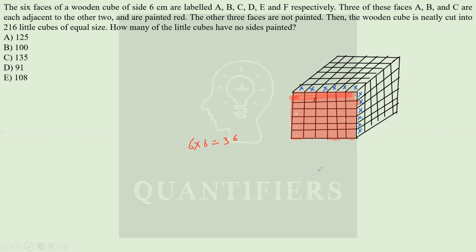Now students, if I paint any other face, okay, I'm painting the second face. So let's say now if I paint this second face, now how many different cubes do I have? You can see 1, 2, 3, 4, 5, right? 5 in one row, and in one column there are 1, 2, 3, 4, 5, 6. Now students, these are 5 into 6. These are 30 cubes, right?